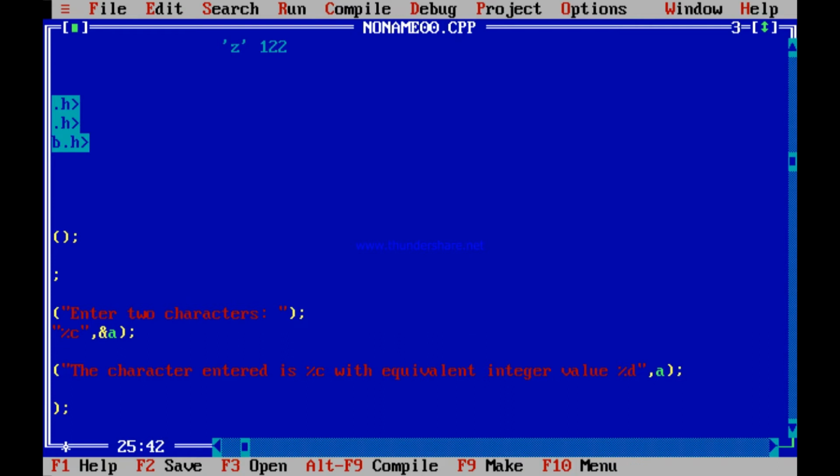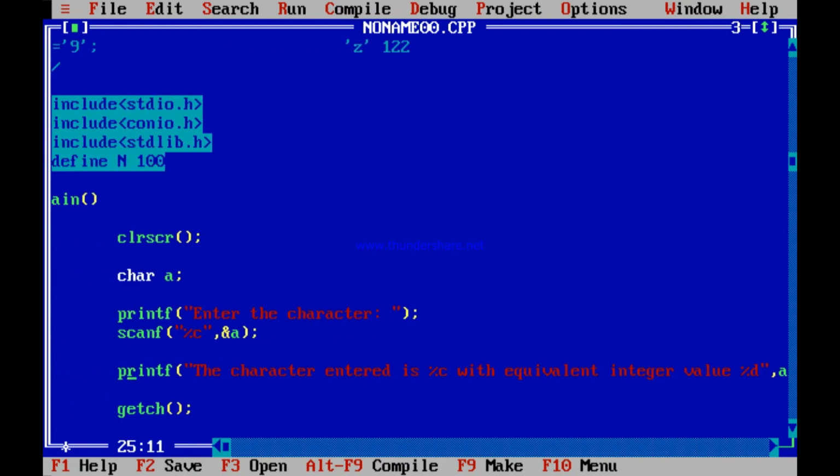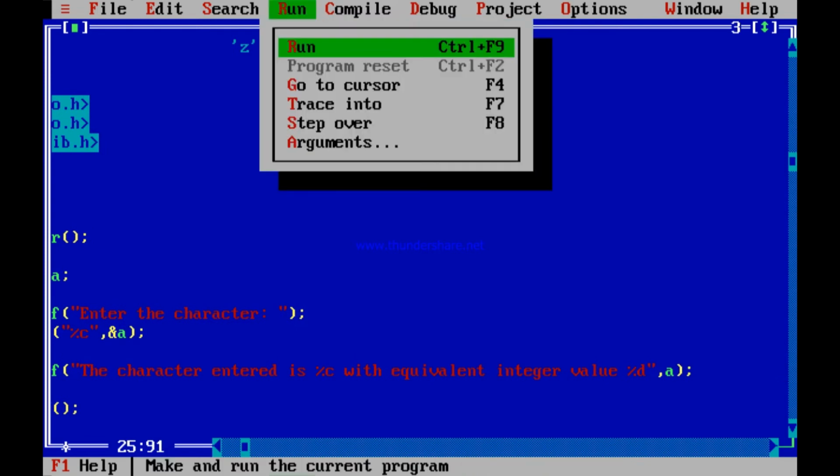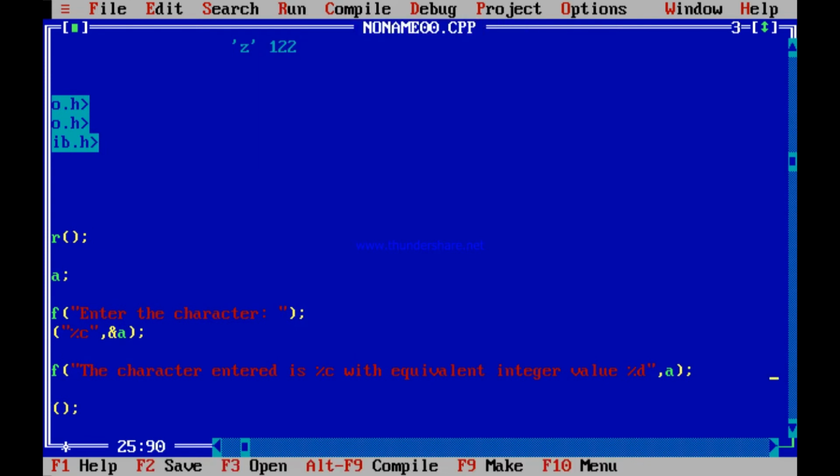So I should not write enter two characters, I should write enter the character, one character. So one character I enter and then I output that character. I am printing it as a character and also I am printing its equivalent integer value. See what I am printing then? I have printed A and its value.